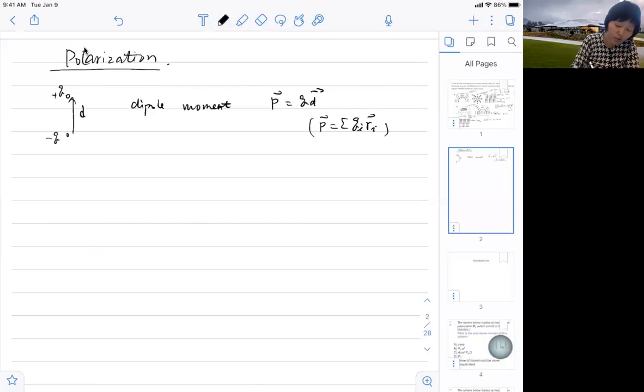In general, if you have a smear, a continuous distribution, you can calculate your P by doing the density times each of them has a vector position of your source detail. So this is something we have just talked about with the dipole moment, right? If we have a bunch of them